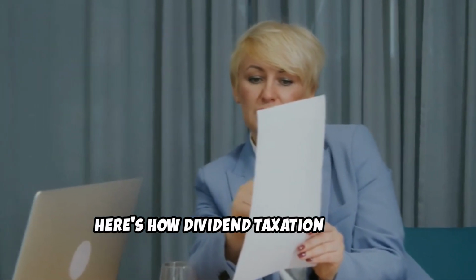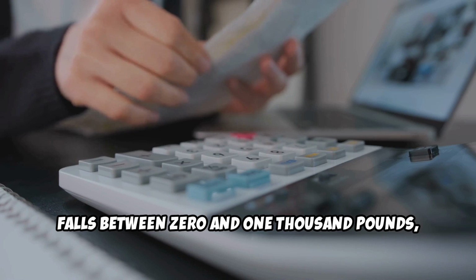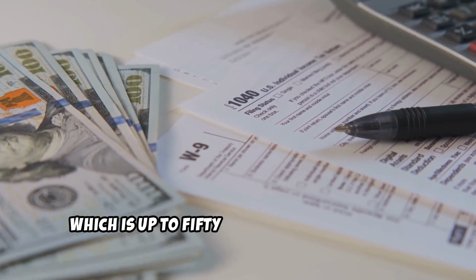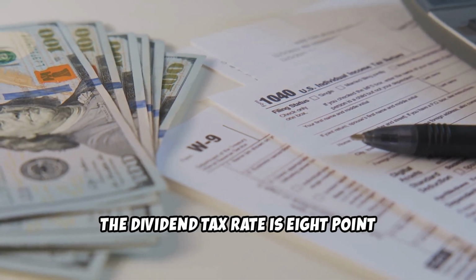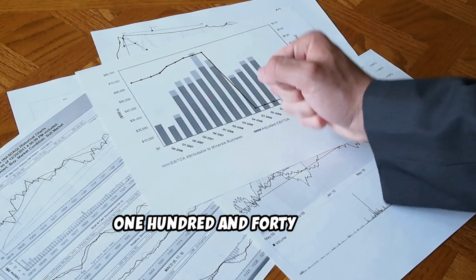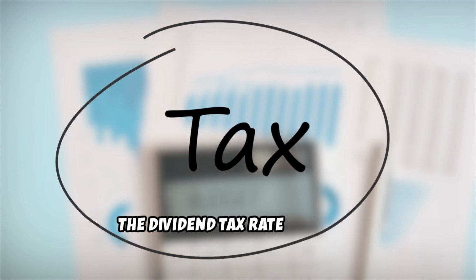So here's how dividend taxation works. If your total personal income, including your salary, falls between £0 and £1,000, you'll pay 0% tax on dividends thanks to the dividend allowance. For the basic rate, which is up to £50,270, the dividend tax rate is 8.75%. If your income is in the higher rate bracket, up to £125,140, you'll pay 33.75%. And for any additional rate income, the dividend tax rate jumps to